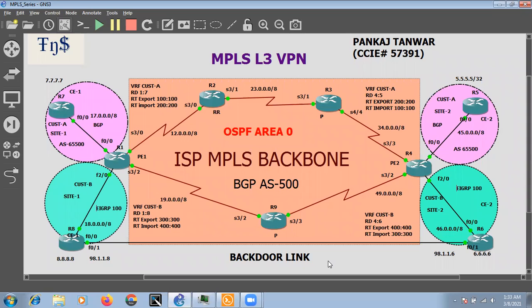So let me quickly brief about this. So this was designed earlier, especially when we were using the EIGRP on our customer edge devices. Because of the mutual redistribution, which is happening at the provider edge devices, and we are also running EIGRP on our back-to-back link or the backdoor link. So R4 is also receiving the same information from the customer edge device, and when it redistributed into the BGP